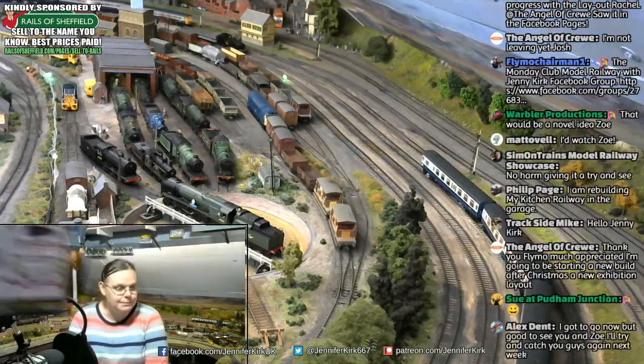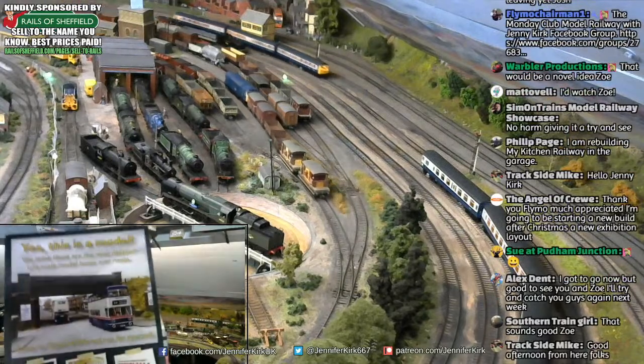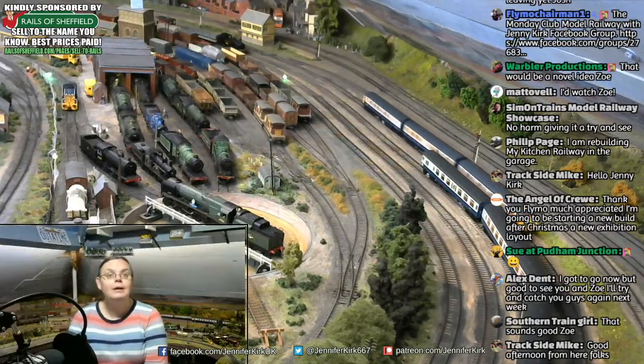But I have to show you what's on the other side. What's on the other side? Yes, this is a model. It was on their stand as well. Yeah, it's amazing to see the quality of modelling, these guys...